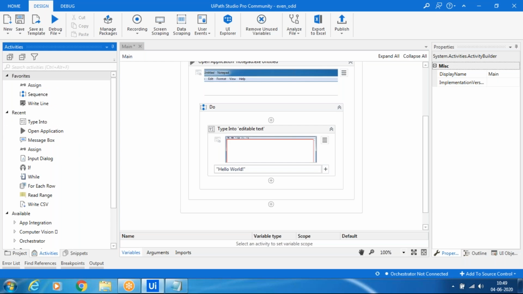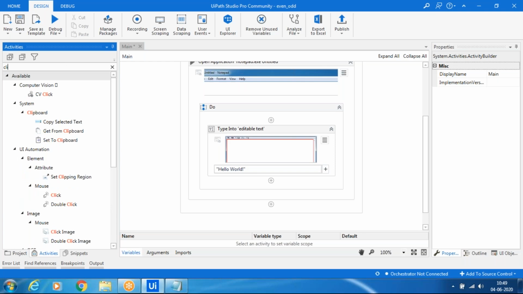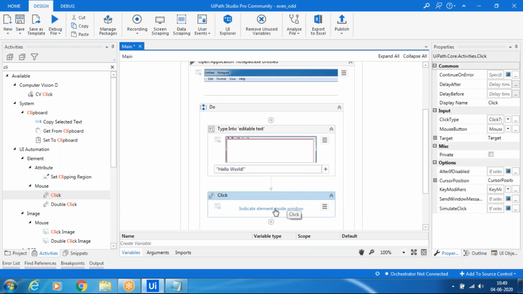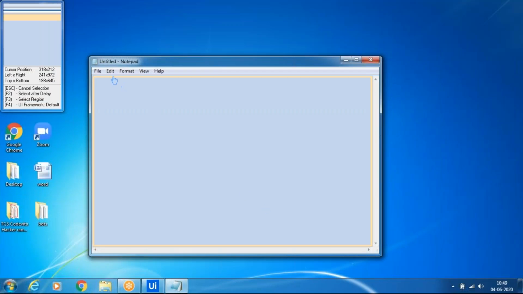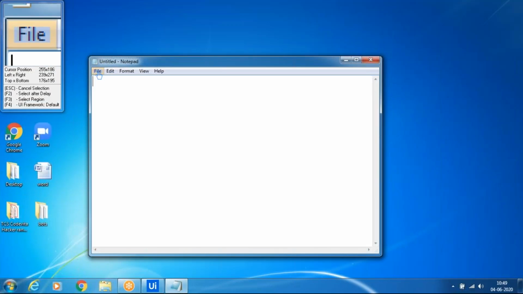Next is the Click activity. So it is a simple mouse click. This is the activity. You drag and drop it here, and indicate the element inside the window. So what activity? It's the menu. I will click in the menu here, which is File. I will click the File here,